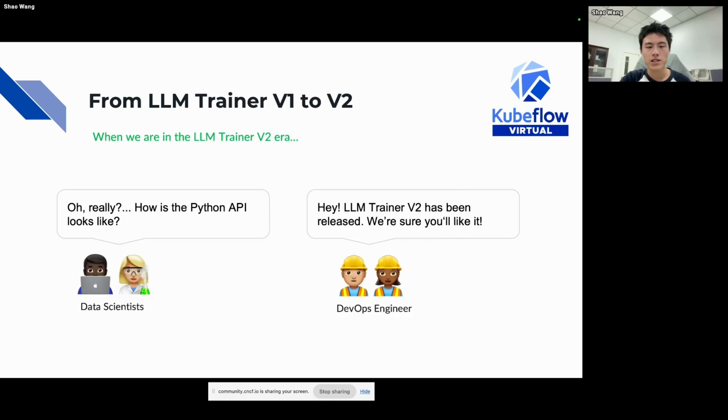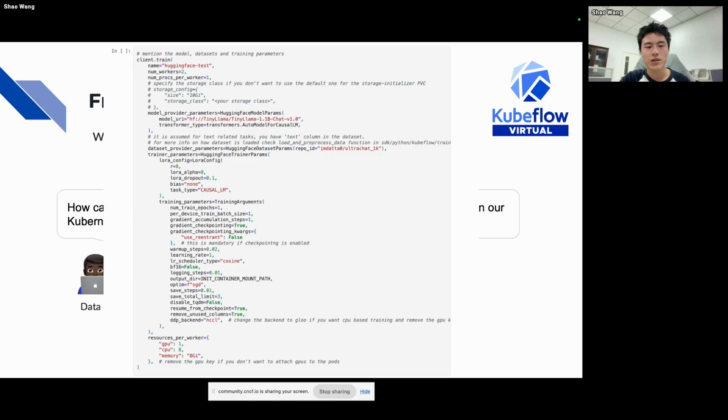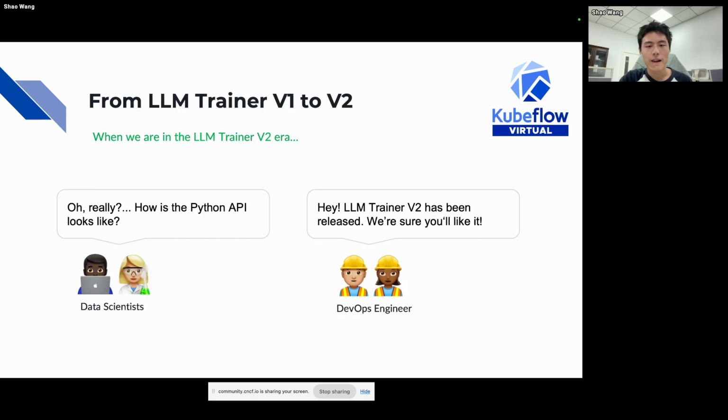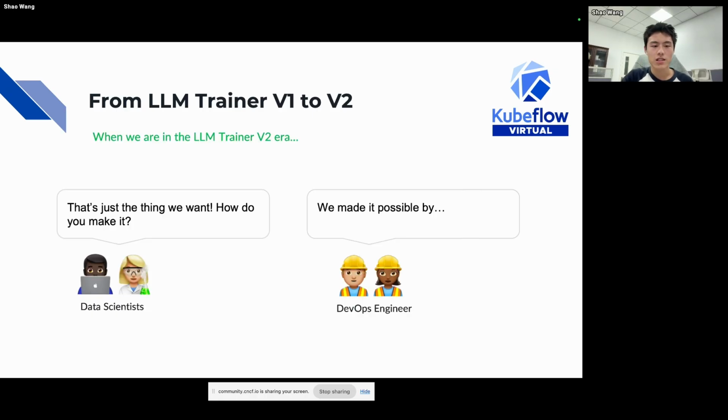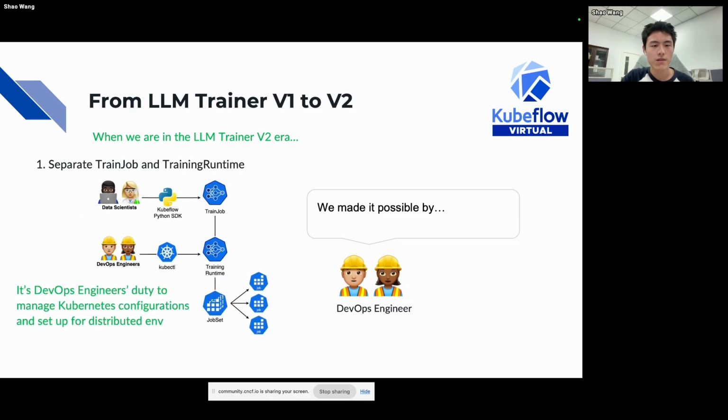And we can make another comparison. You can see this API is so long, and this API is just almost 10 lines of code. And the data scientist says, that's just the thing we want. How did you make it? And the DevOps engineer said they made it by, first, as I showed you before, separating the train job and the training runtime.